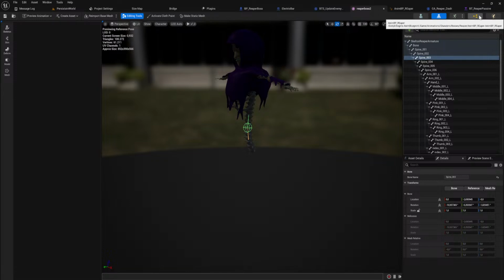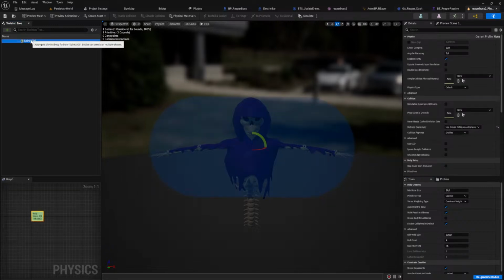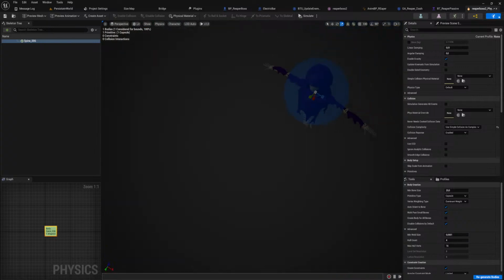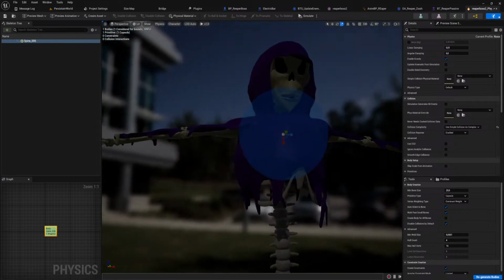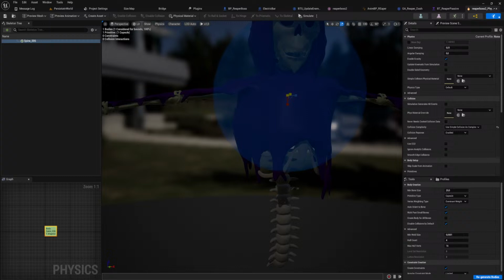If I go into the physics asset, I want to try to see how I can set up the rigid body stuff for this. I've never really done this before, so we're going to find out together.